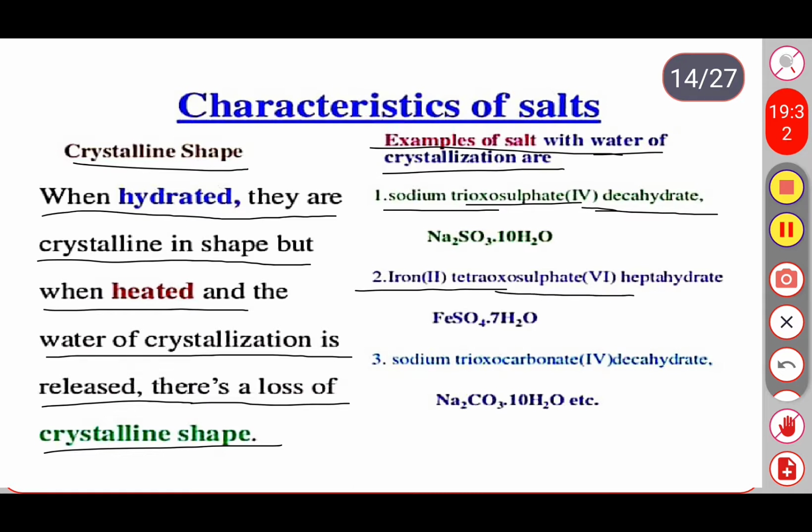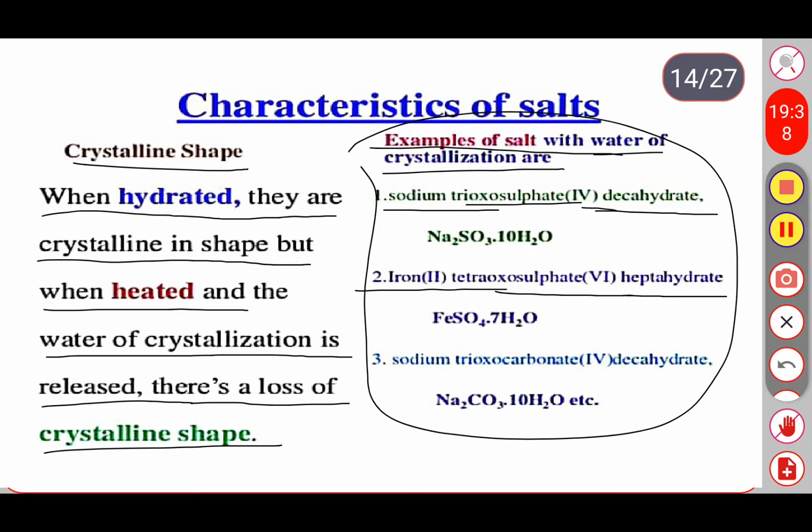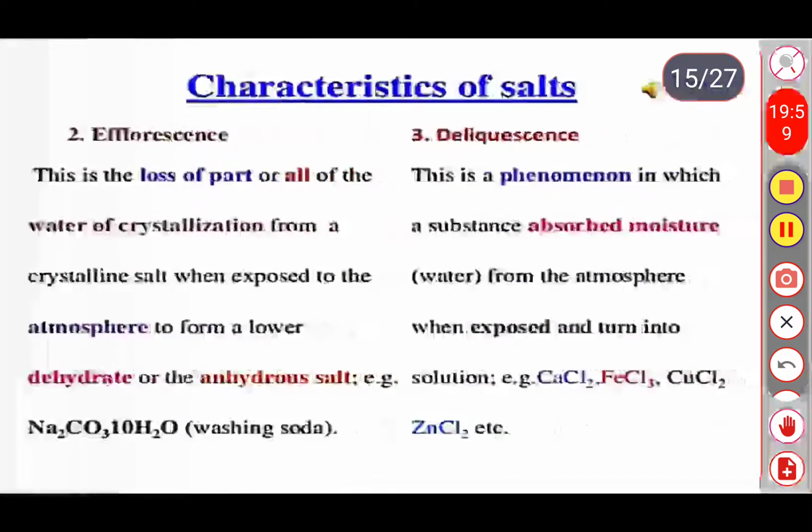So these are only some examples, they form crystals. Okay, this one is not for your syllabus, you just need to understand what type of compounds will form crystals within salts. Okay, see the next one, second characteristic of salts, that is